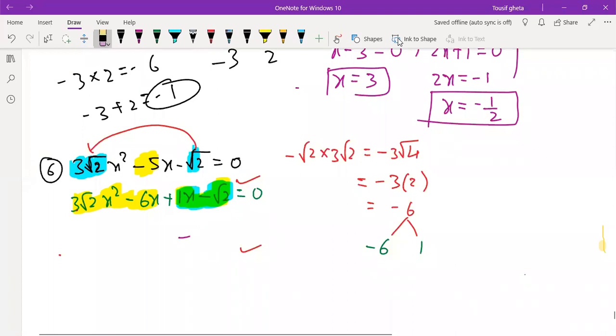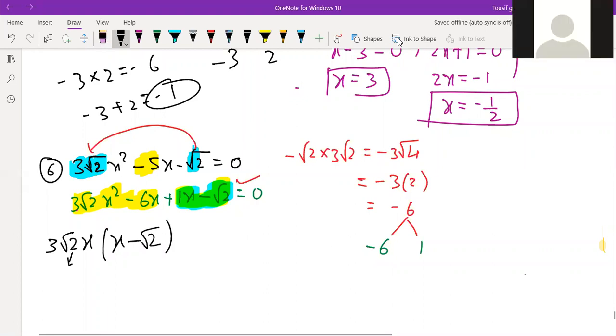The ones who got it, really very good. So let's see. Obviously 3 is common and even root 2 is common as we discussed, and x. So remaining 3 root 2x means here 1, I mean x. Okay, and here we need a 6. If I were taking 3 common, then it was coming 2. Now here root 2 is also common, so here will come root 2. Okay, and here plus 1 is common and x minus root 2.